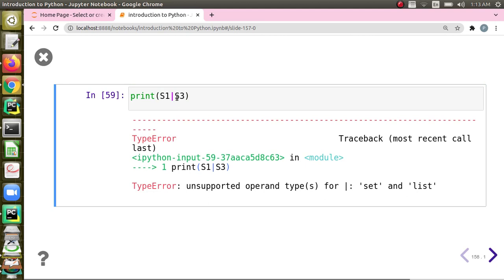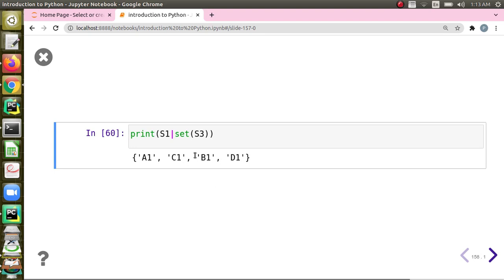I will get this error, but if I convert it explicitly, because S3 is a list, if I convert it into a set, I will get it.